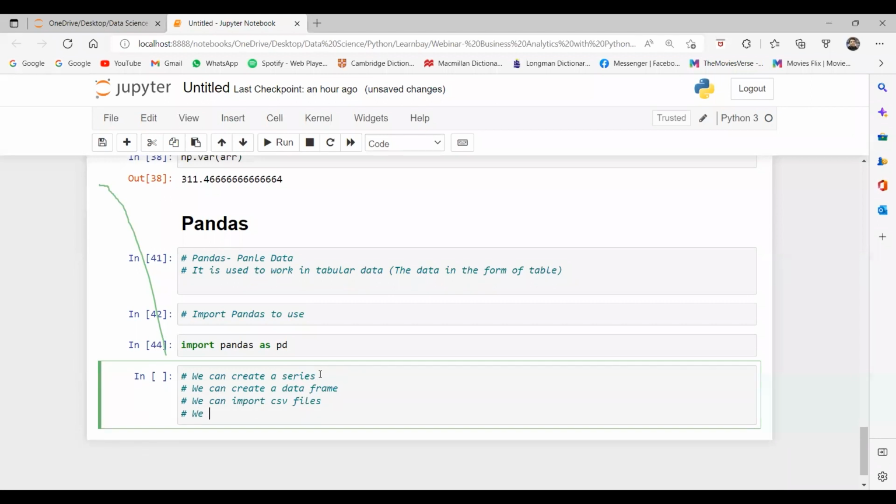We can import XLS files, XLSX. We can import these files. Apart from that, we can work on JSON files and all. So the main thing is that we can create a series object, we can create a data frame object, and we can work on the files directly.